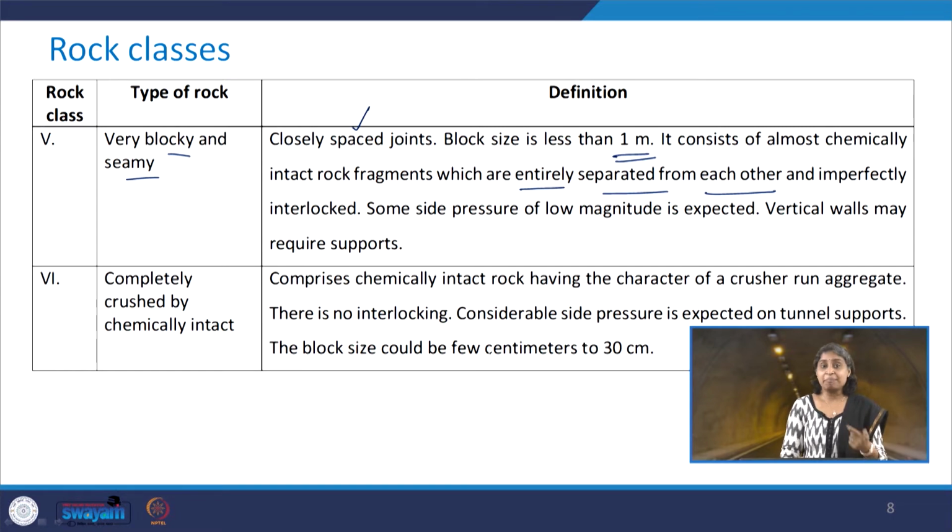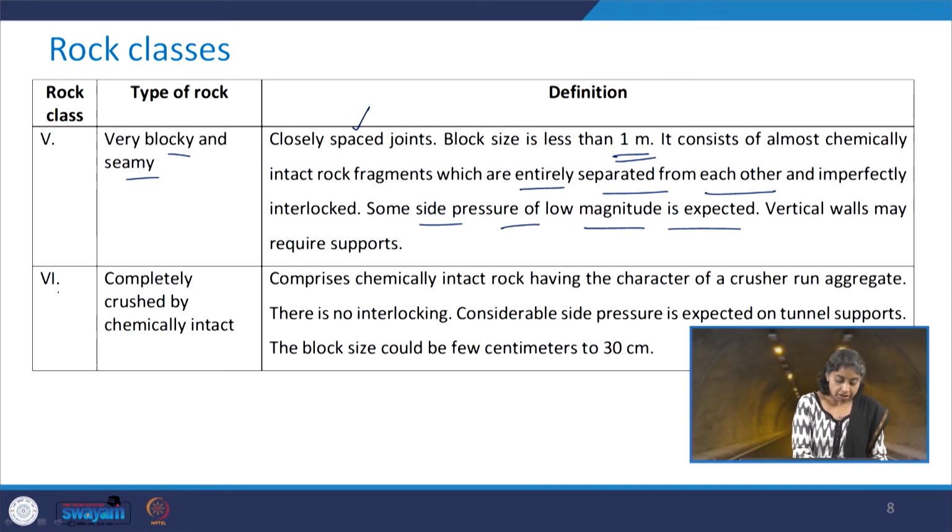So you just compare this rock class with the previous one, that is the fourth one, and you will realize why this has been kept in the separate category. Then some side pressure of low magnitude is expected, and therefore the vertical walls of the excavation may need